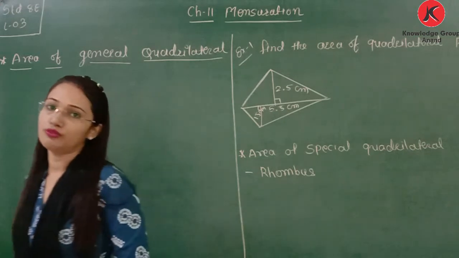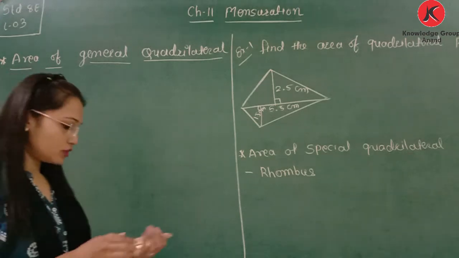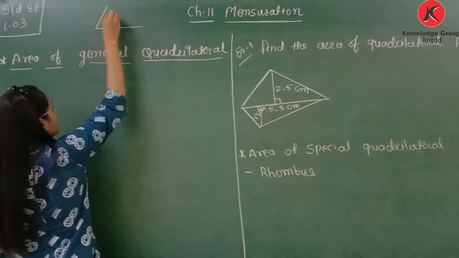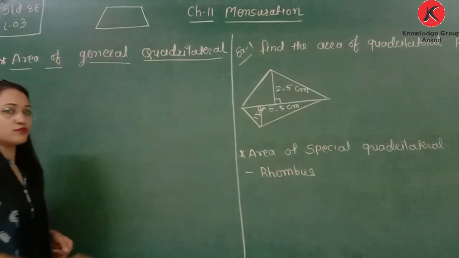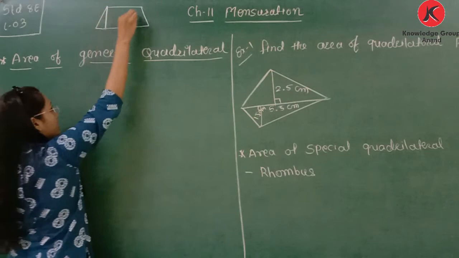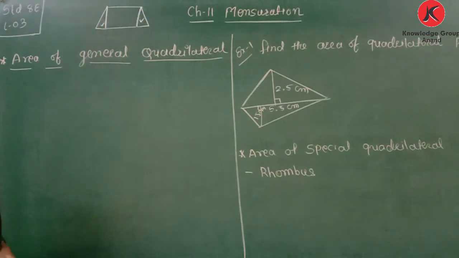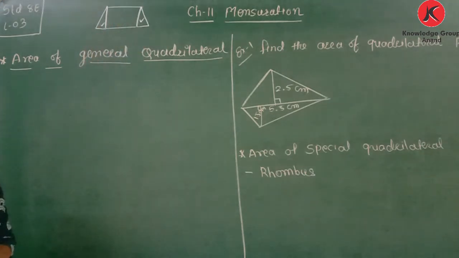A trapezium is not a known figure. So first of all, we will divide the trapezium into two known figures, that is rectangle and triangle. We have two kinds of figure for a trapezium. We can consider this as a trapezium in which one pair of sides is parallel. If this figure is given, we divide it into two triangles. This is the first triangle, this is the second, and this is a rectangle. And we know how to find the area of the triangles and the area of a rectangle. So using those equations, we can derive the equation for a trapezium.